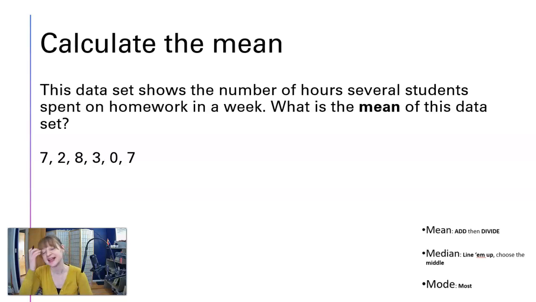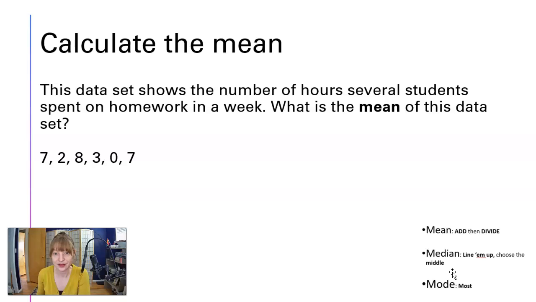So first let's calculate the mean. Do we remember what mean, median, and mode all are? So mean, which we also know as average, is when we add all the numbers together and divide by the count of them. You can see over here we have a little summary. That was the mean. The median is when we find the middle number, and the mode is the most common